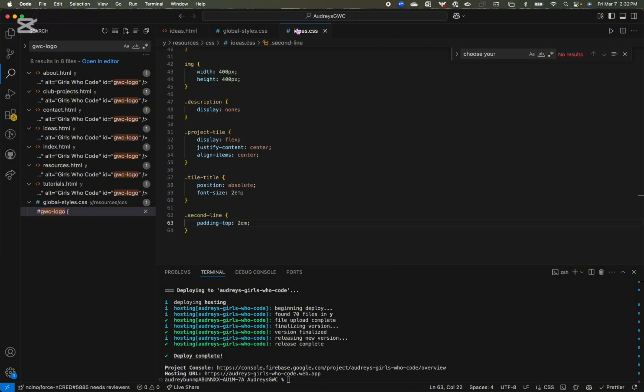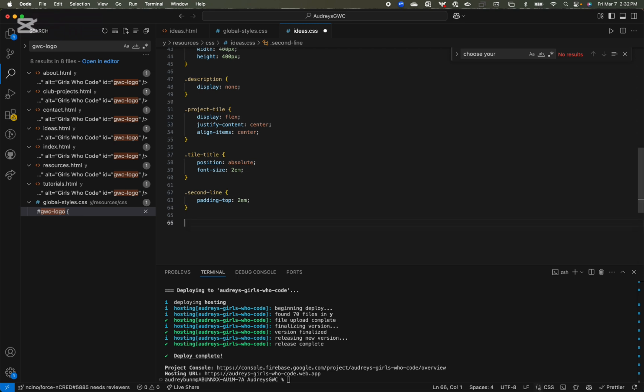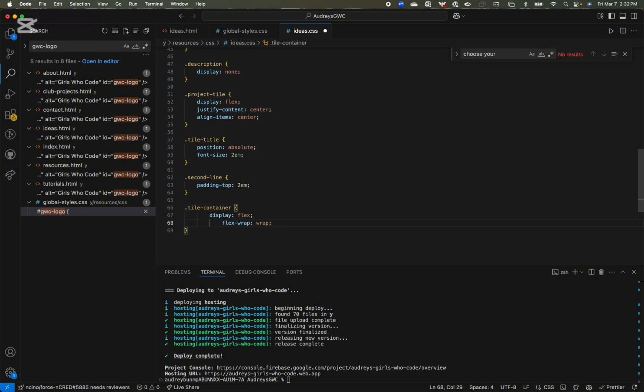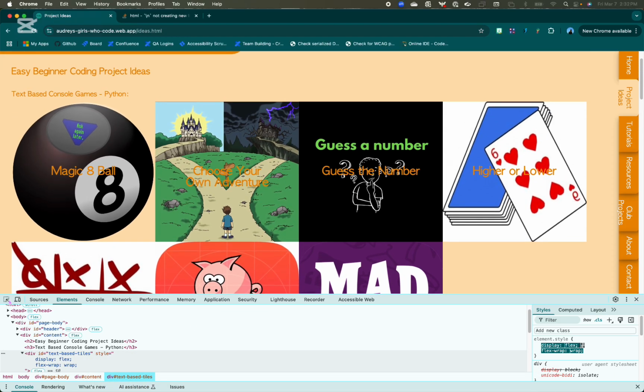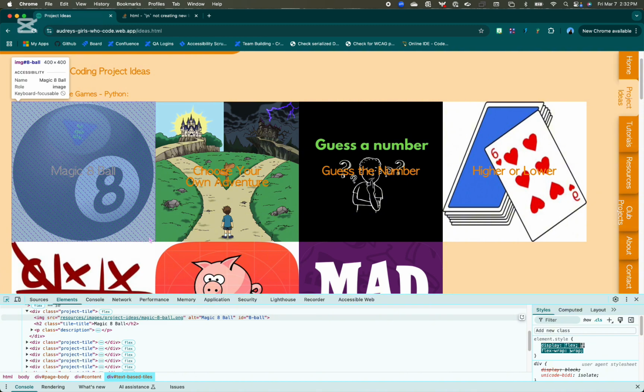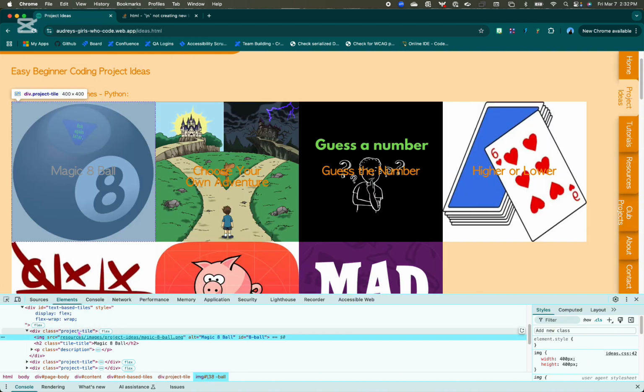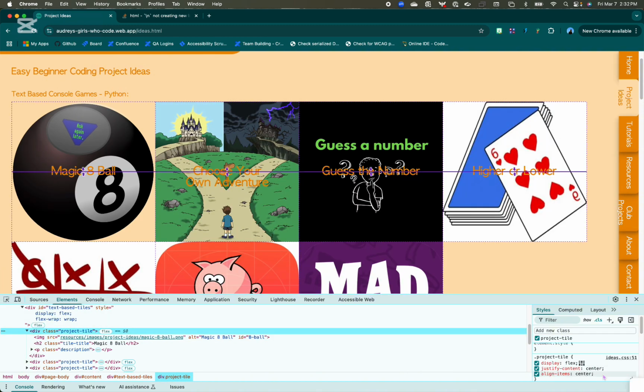Okay. And over here, dot tile container needs that display property of flexbox. Now one more thing I'm going to do is add some space between these because I want them to be spaced out. So my divs, my project tiles, I'm going to add